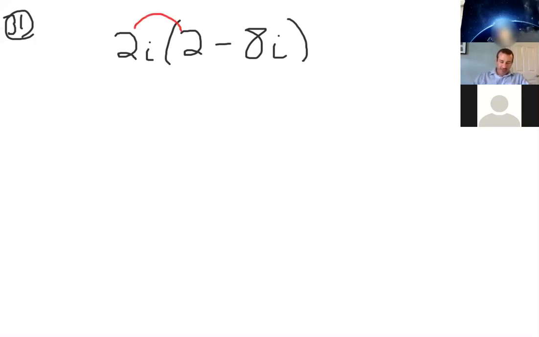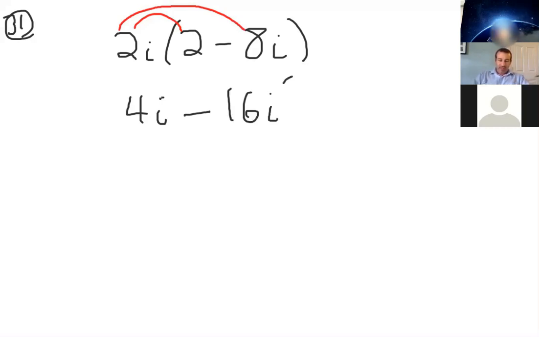2i times 2 is 4i. And then 2i times negative 8i. So it's positive times a negative, minus 16i squared. Okay, and by definition, the reason that we use imaginary numbers, let me just remind you that an